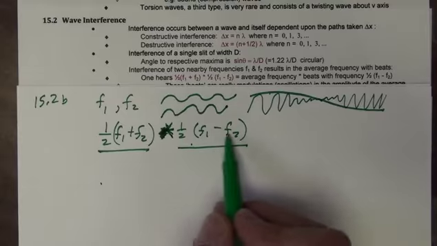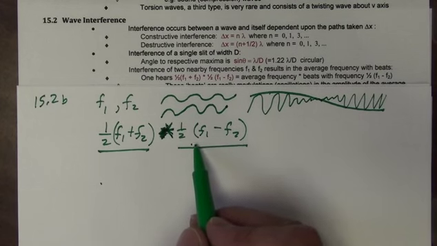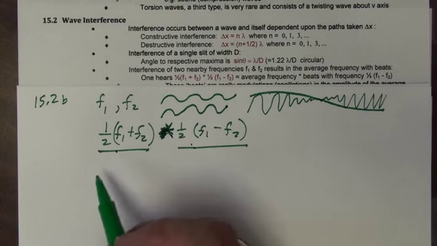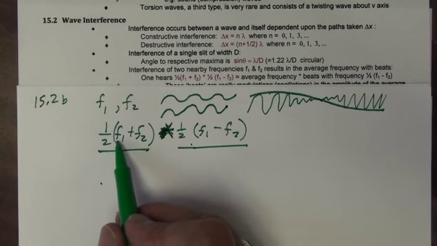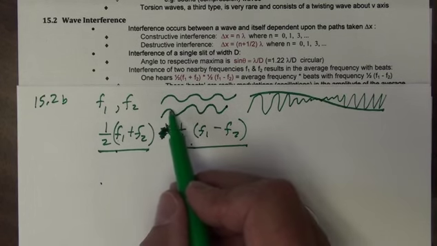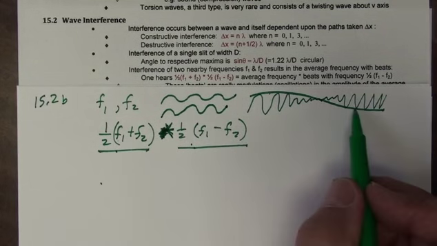So at a frequency that is the difference of the frequencies, you get an amplitude that gets larger and smaller, but what you hear is the average frequency. So you never really hear two frequencies that are exactly the same. And say you're trying to tune a guitar, and you have a tuning fork, and that might be F1, and you pluck your guitar string that's supposed to be that frequency F2. And they're going to be slightly different in their frequencies. And so you're going to hear a sound that's something like,